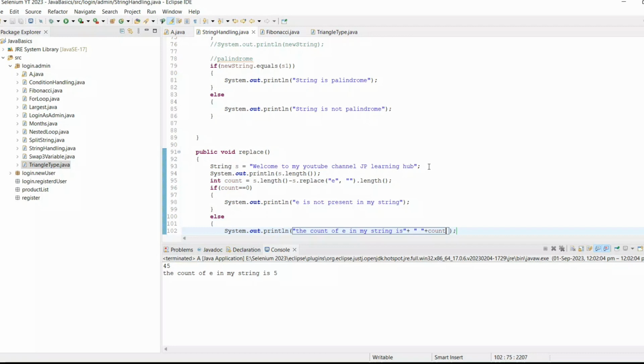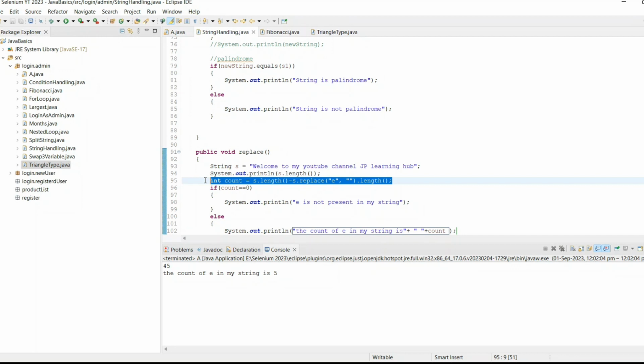This is the simple logic. Instead of using the for loop, you can write the entire code in one line only. When I use the for loop, I need to traverse through each and every character. For that, I need to use looping. And if that matches the character we are finding, then it will increase the count. So instead of writing these 5 to 6 lines of code, we are writing the same code in one line